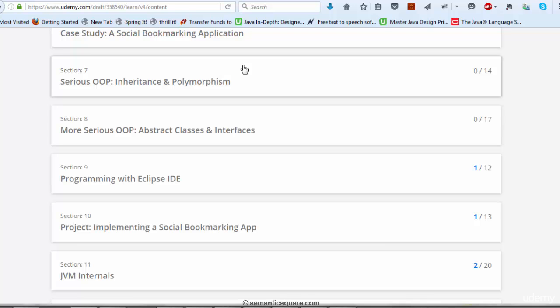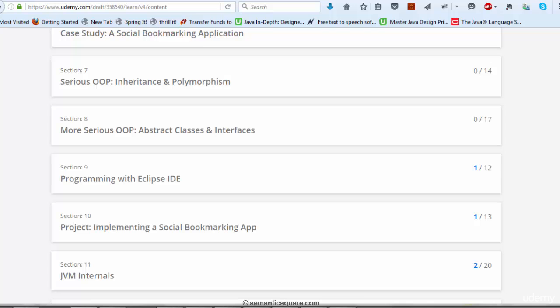In many of the courses, you will see that the example used is one, and when it comes to implementation, they typically use a different example. So in this case, it's the same thing. So we are ready to implement when we get to the project. And here there is also a nice tutorial on Eclipse. It's a very good tutorial of 1.5 hour length, and it will help you to write Java programs in a